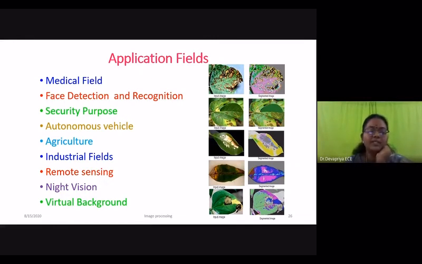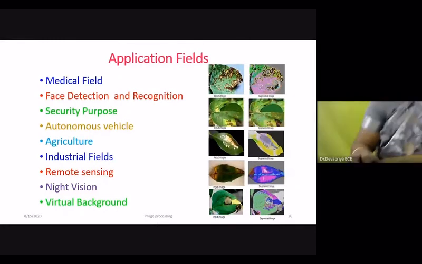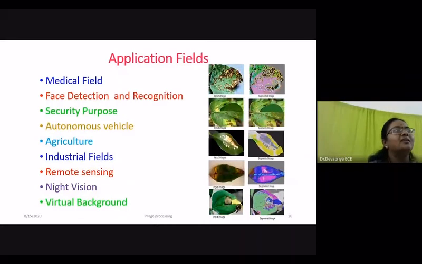So in objects like in the agriculture field, if they don't want some animals to enter into the project, then when such an environment is detected, an alarm will be sent to the end user. Then virtual background, as we have seen, is where your environment is the same, and it is applicable to a lot of movies. Even in Bahubali, you might have noticed all the things they have done with virtual background.